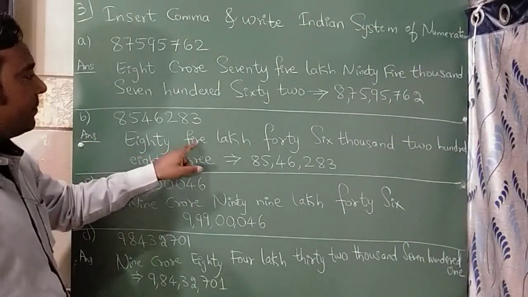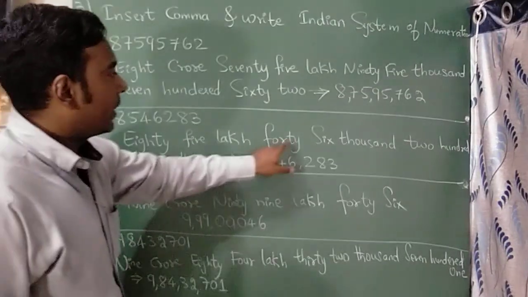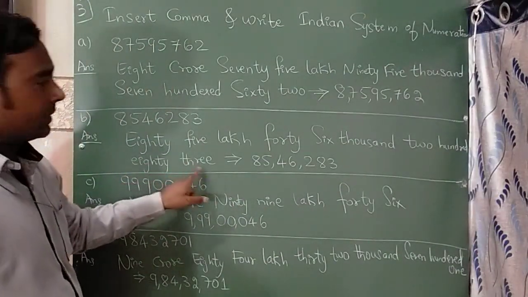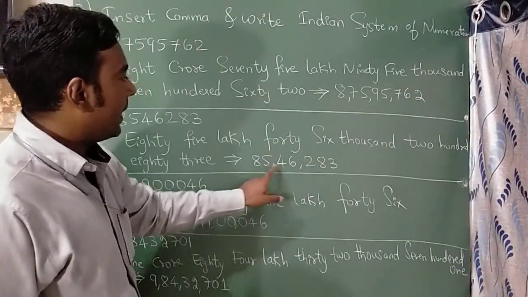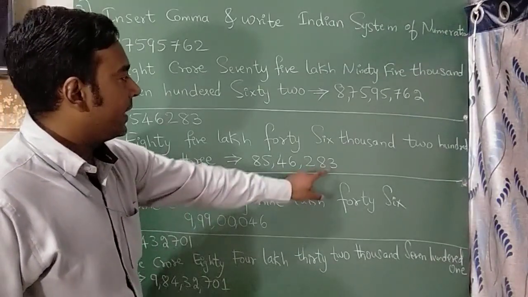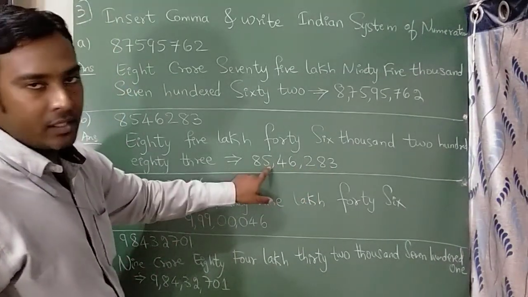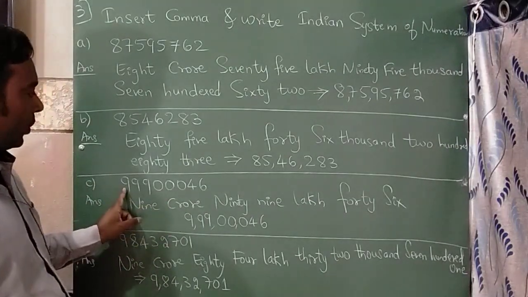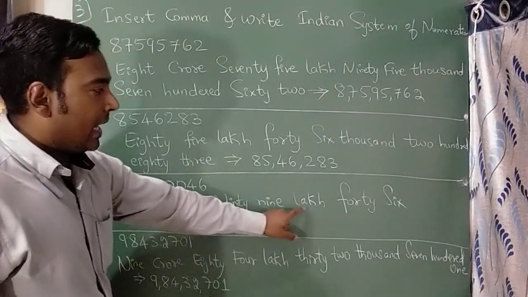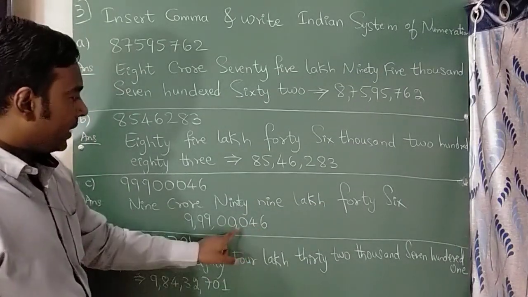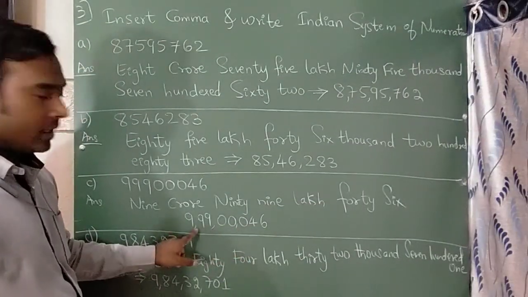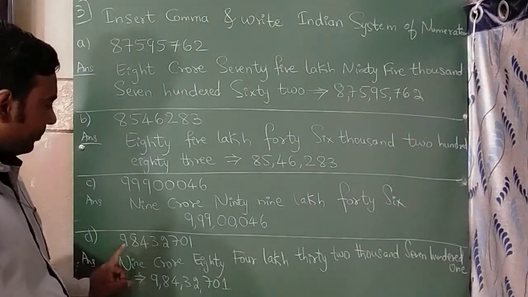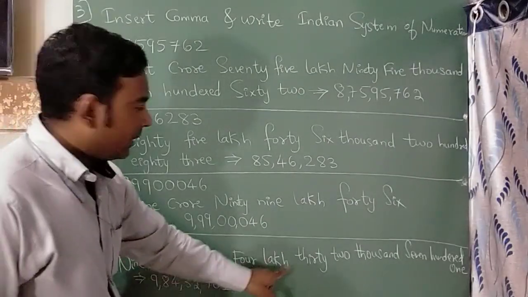So 85 lakh 46,283. So here you can see 85 lakh 46,283. I have placed commas here and here. Fine. C. 9 crore 99 lakh 46. So here I have placed the commas here and here. Fine. The last one, 9 crore 84 lakh